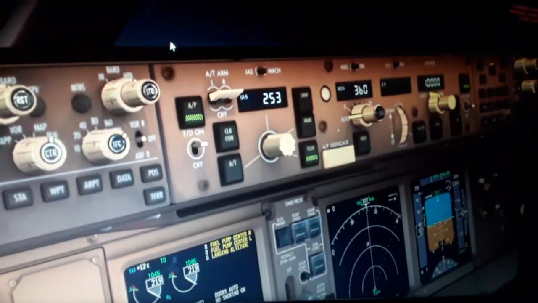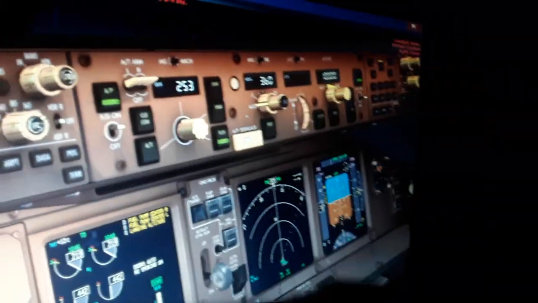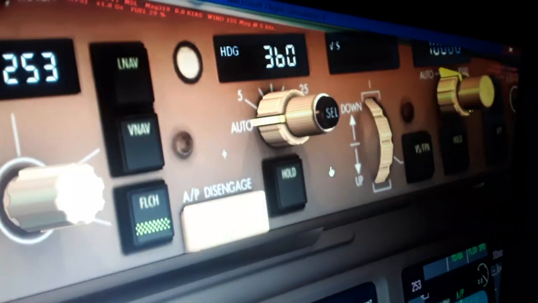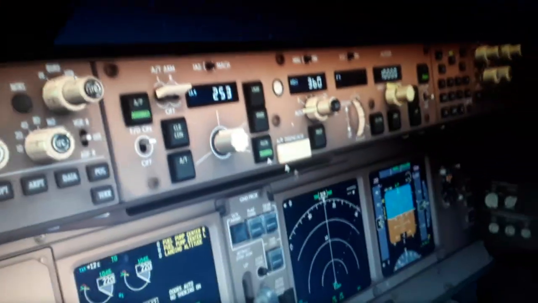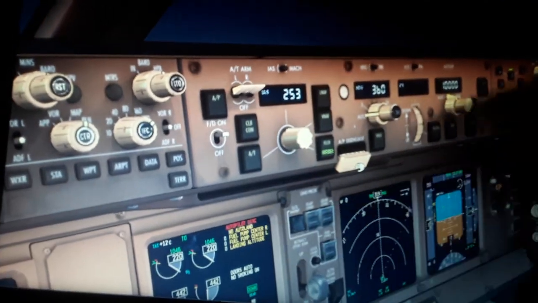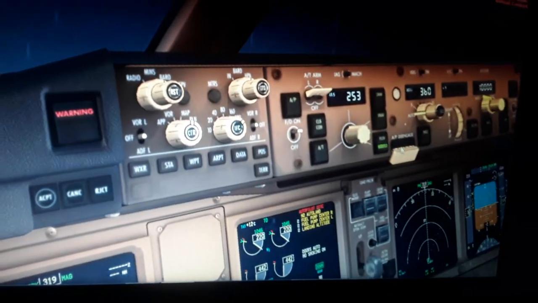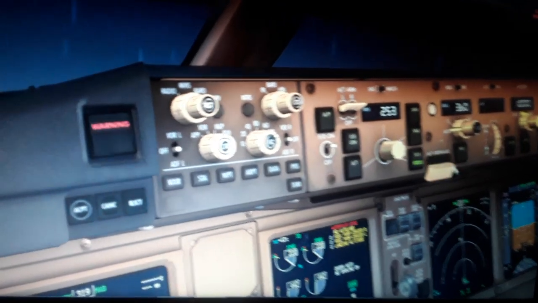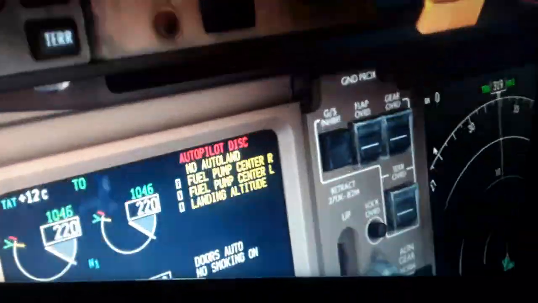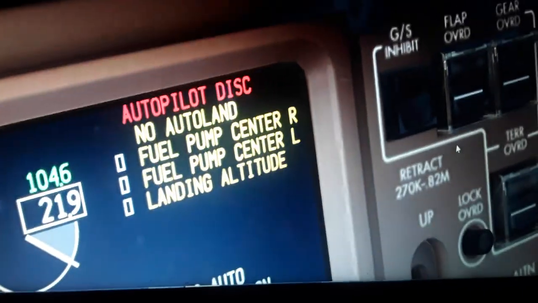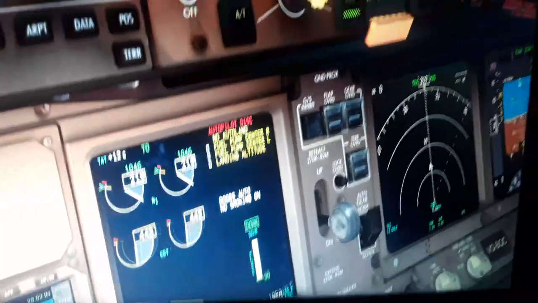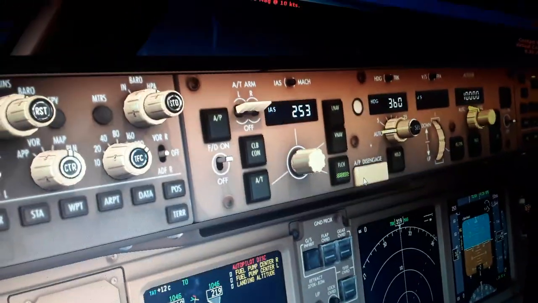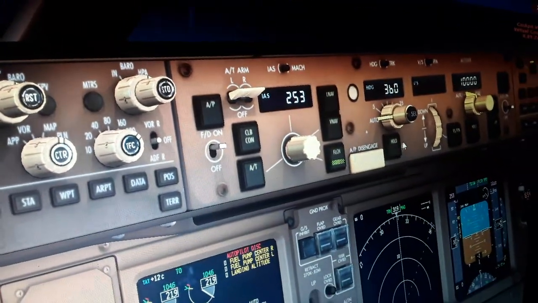We can disengage the autopilot like this by pressing out this switch here. So you're going to see the warning coming up, the warning, and the autopilot is disconnected with red color over here in the upper ACAS. So we press in again this and we continue with